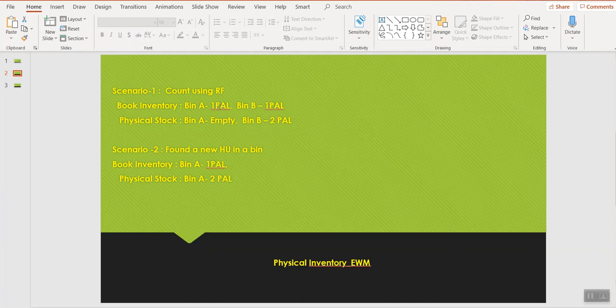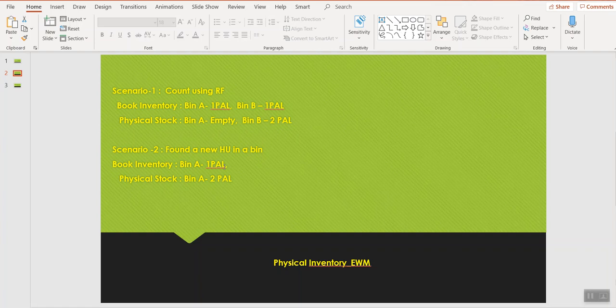In this particular scenario, this pallet we marked as missed, or it doesn't exist. But during the later inventory, a week later, we found the same pallet but in a different bin, in bin B. So how do we record that? Because we posted the differences already, and this HU is completely deleted from EWM.